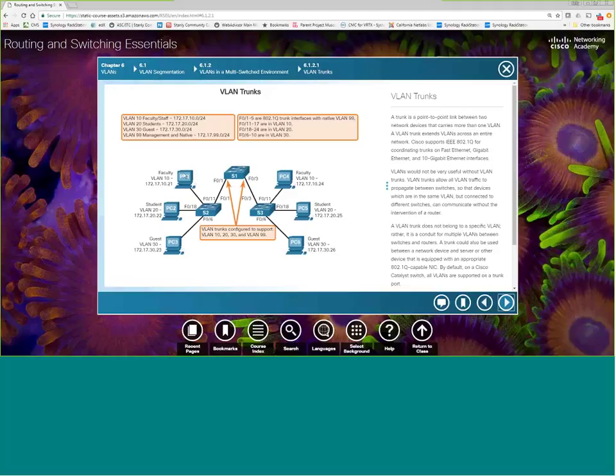Now, what happens is, and this is something very interesting to note, as the frame comes in on FA0/11, it does not get tagged until it comes into the switch. Once it is tagged on the switch with VLAN 10, that's a .1Q tag. If trunking is working correctly, it would be allowed to cross this trunk as long as VLAN 10 was not the native VLAN. It would then come back over here, and then if it was destined for the 10.24 IP address, when it leaves this switch 3, the tag is removed. Otherwise, the PC would see the frame as being too big. It'd be like a jumbo frame, and it would consider it to be